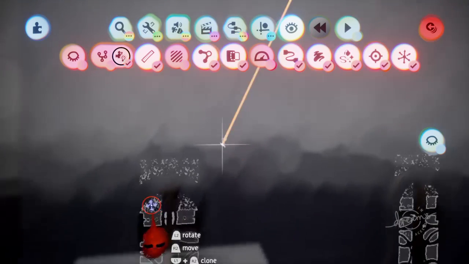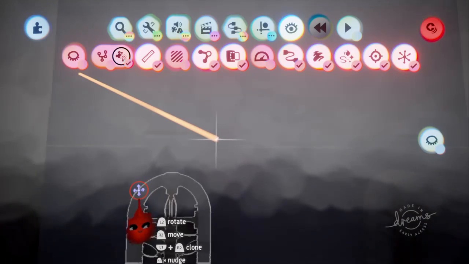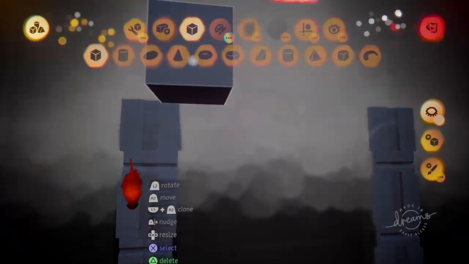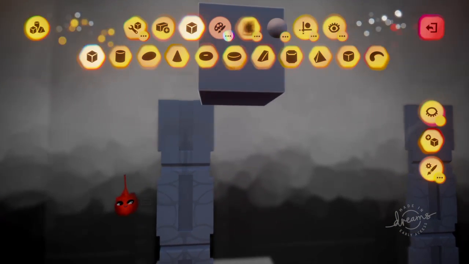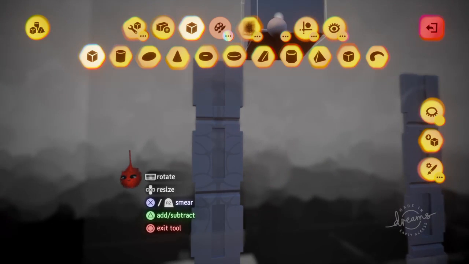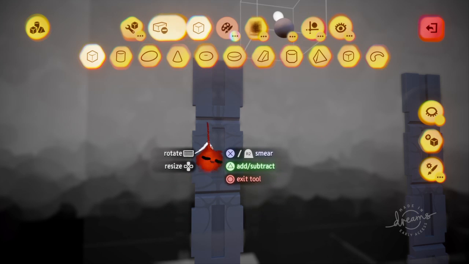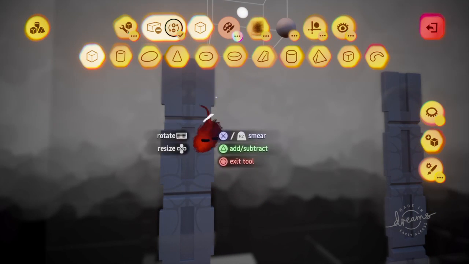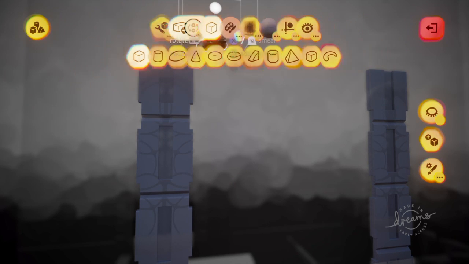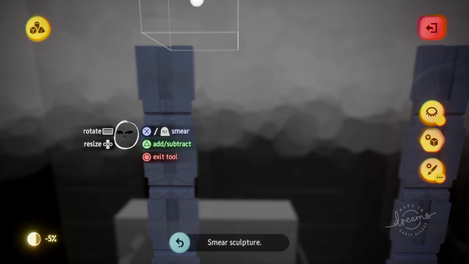So it's this one right here. Just click it. Beautiful. So when I get into this, then it shows up. I'm going to go to subtract. This would be a little bit tricky, just due to the fact that it's